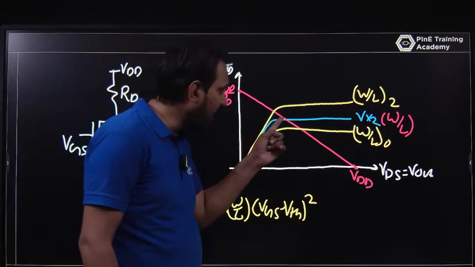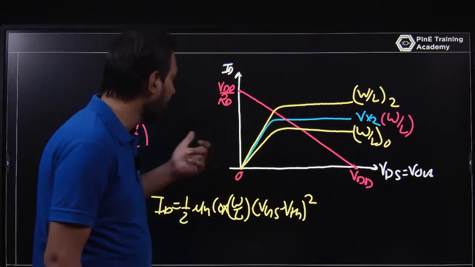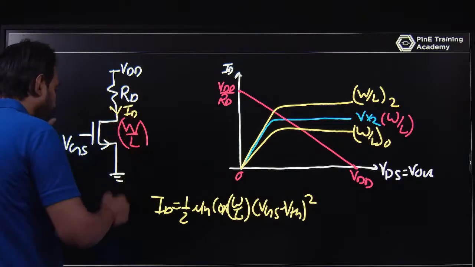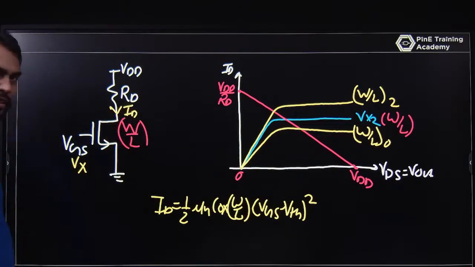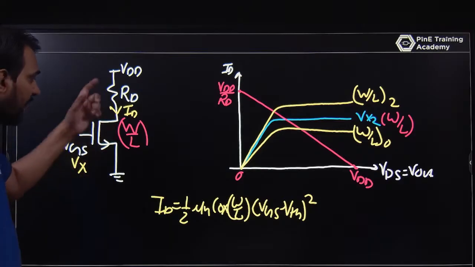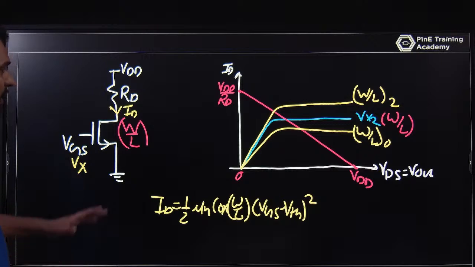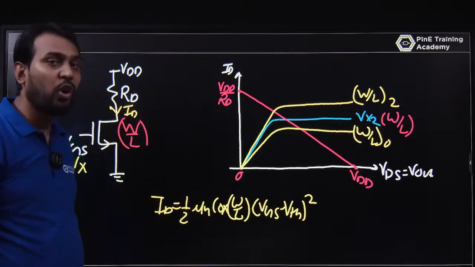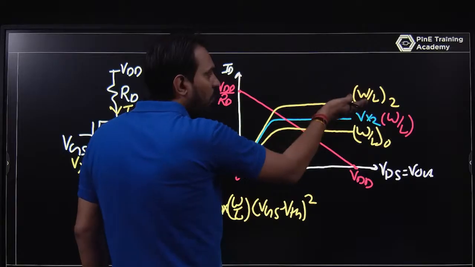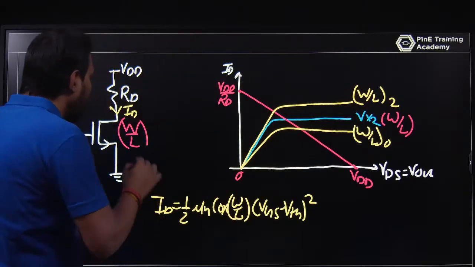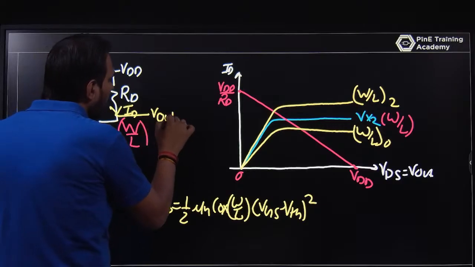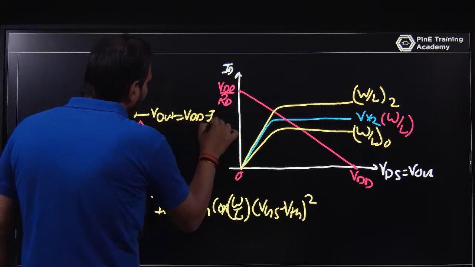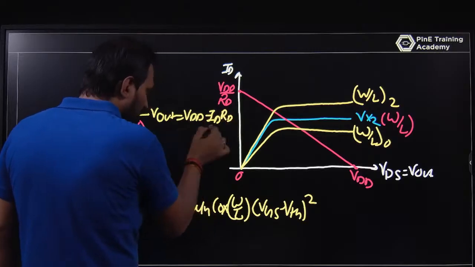So if you want a high amount of current at the drain side, let the operating voltage be Vx, your RD is fixed, your gate voltage is fixed, your VDD is fixed, your source voltage is grounded, and now you are changing the width and length, the ratio of W by L, increasing or decreasing it. So what will happen? If you increase the W by L, the current will increase, and Vout is equal to VDD minus ID RD, so as the current increases, your Vout decreases,